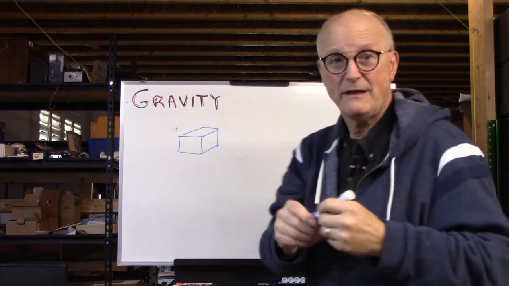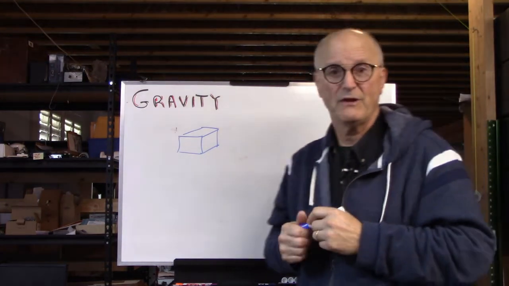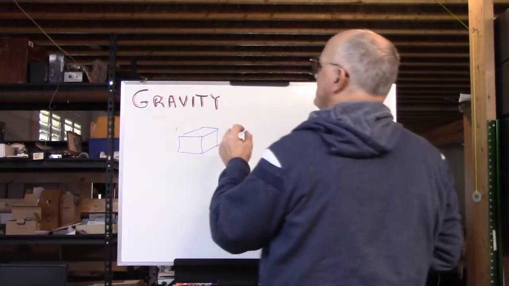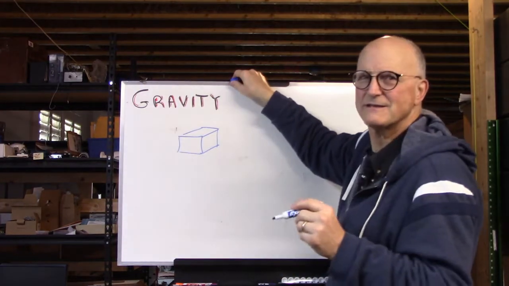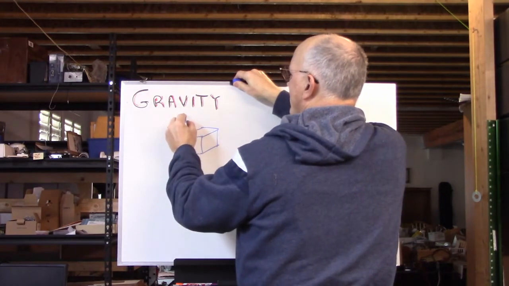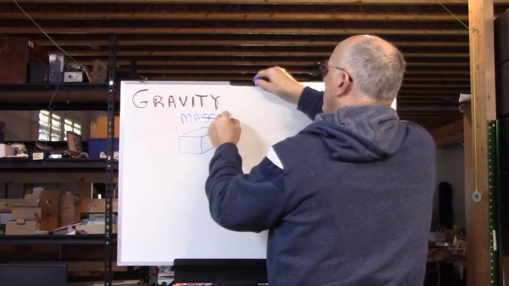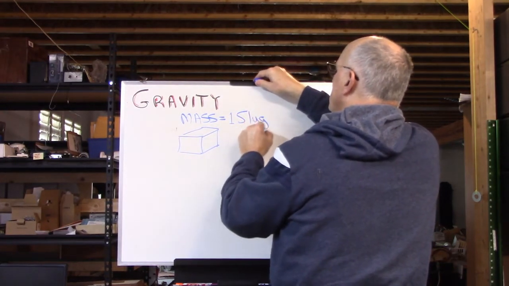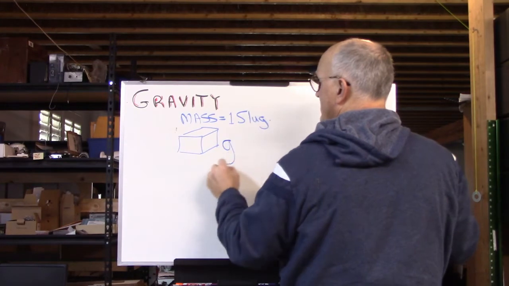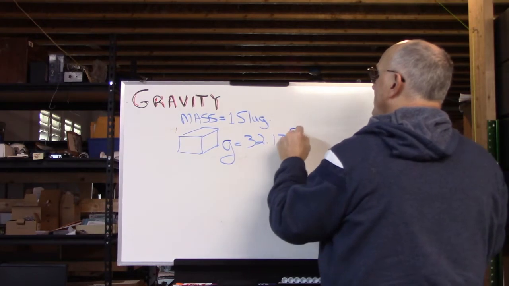Now let's work in the English system, otherwise known as the imperial system. In the imperial system, mass is in slugs. Yeah, slugs. They're not slimy things, they're slugs. So we have a block of steel that has a mass equal to 1 slug. Now, we know the gravitational acceleration constant is equal to 32.17 feet per second